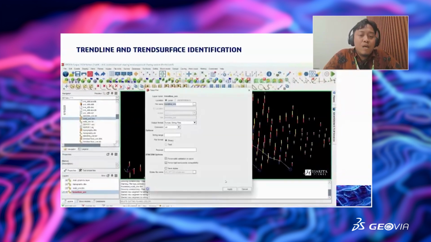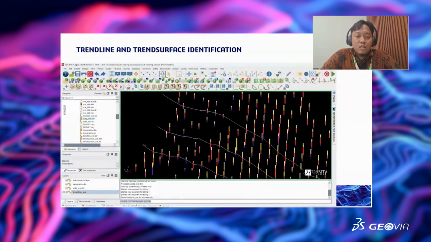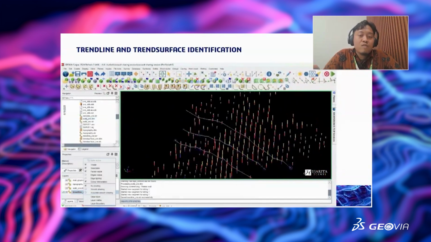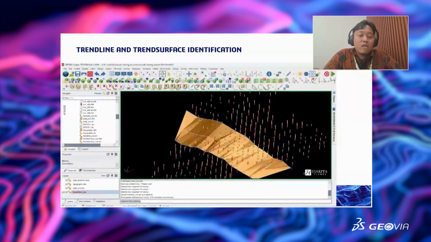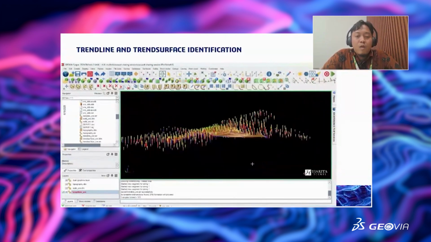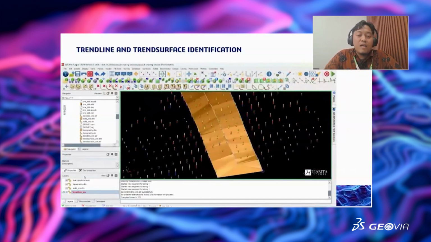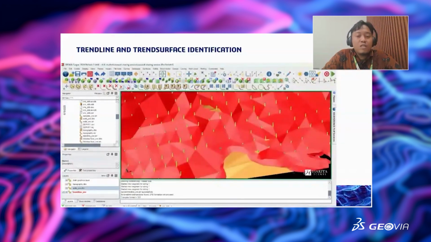But this is just an example, and after that I will create the DTM surface to make the trend surface of this ore solid. So this is just an example of digitizing manually, with three trend lines, for the trend surface in this case.